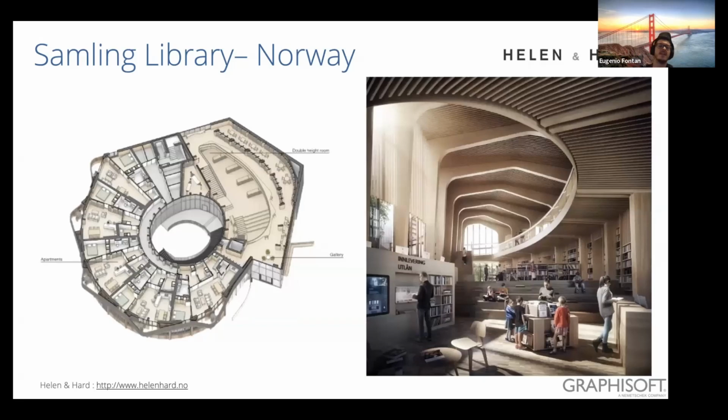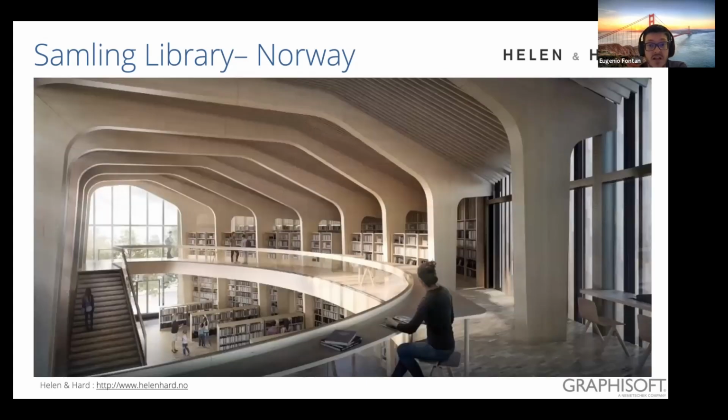So the idea of this project is, you have this kind of organic, biological shape that goes around, and we have the different spaces of the library, and all the structure of the different elements is slightly modified to accommodate this geometry, but also they have the necessity of solving the structural requirements and other requirements. So again, you can see here, for example, in this image, those, how could we call them, not beams or columns,